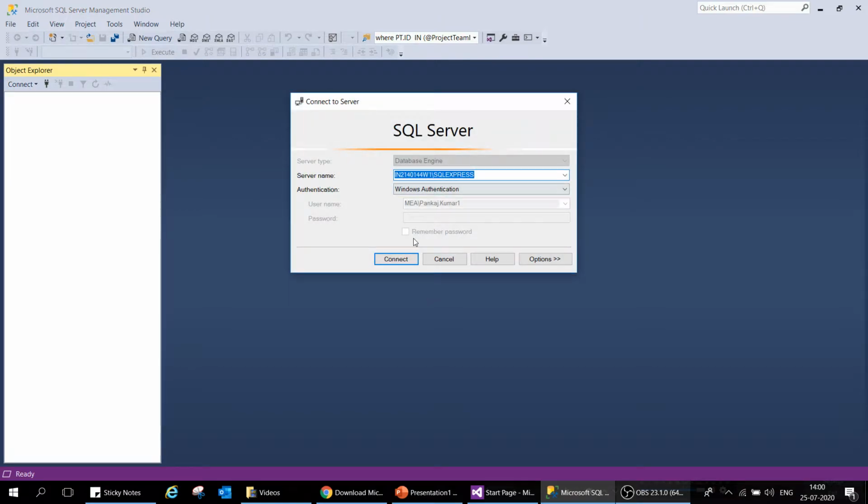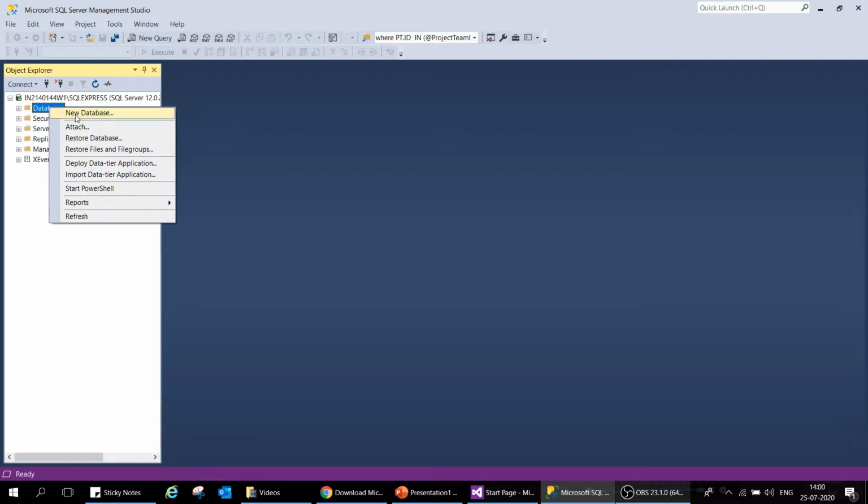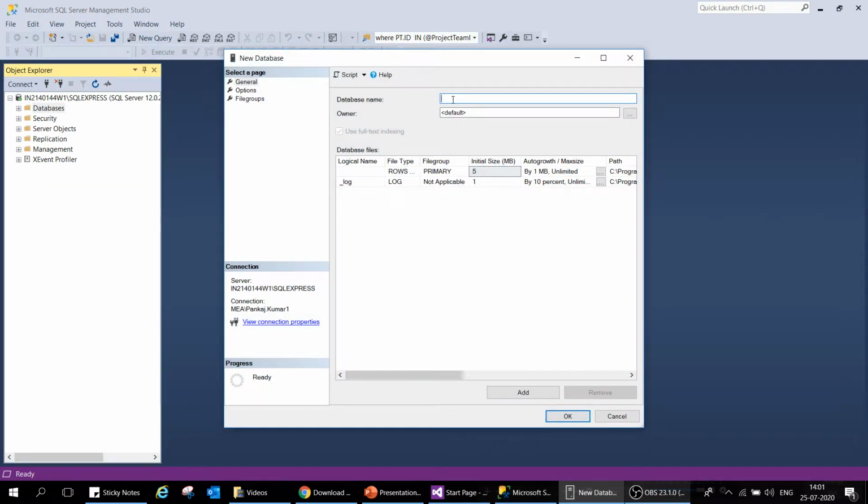So as you can see, this is my SQL Server Management Studio, SSMS, and I'm going to connect with my database engine. This we have already discussed in our last session. So this is my SQL Server Management Studio, and now I have successfully connected to it. I will create a database. So to create a database, I will right click on database and click on new database. And for this demo, I'll take my new database name as my first DB. Okay, so I have given a name to my database, my first DB, and I click on OK.